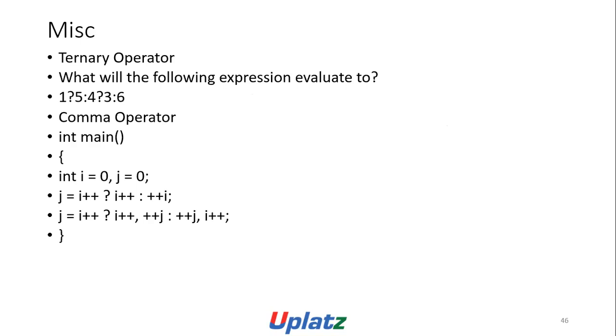Notes. Visualizations: ternary operator. What will the following expression evaluate to? 1 ? 5 : 4 ? 3 : 6. Comma operator: int main() { int i = 0, j = 0; j = i++ ? i++ : i++; i = j = i++ ? (i++, j++) : ++j, i++; }